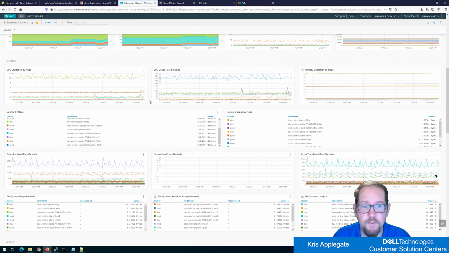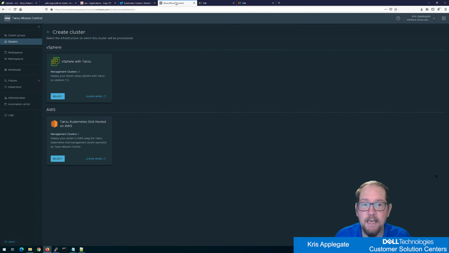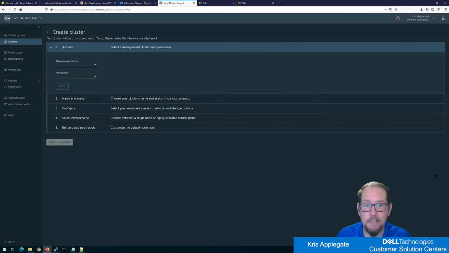The same thing goes with the cluster provisioning process. Maybe I want to not have to use the pure API or command line. Maybe I want to give my users some sort of interface for building policies and requesting guest clusters. This is something Tanzu Mission Control does very well. This offering, well, it's running out in the cloud. It's actually in control of my on-premises vSphere cluster that's running Tanzu Basic. I can go in here and say, I'd like to create a new cluster, please. These are all the same steps that I had in that configuration file, but presented in a GUI. And this might make it more palatable to certain users, as well as for greater levels of integration with other